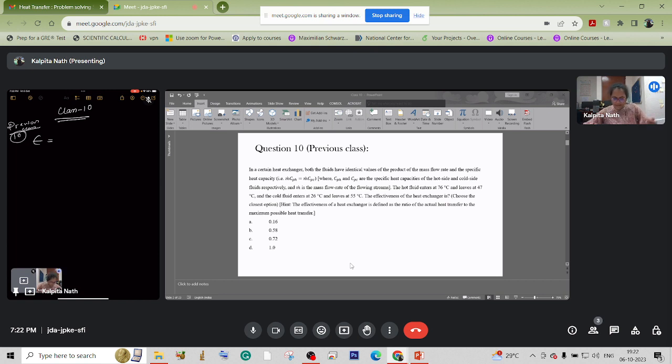Now, as it is the same for both, we'll consider the hot fluid. So it will be THI minus THO, that is the temperature difference for the hot fluid,